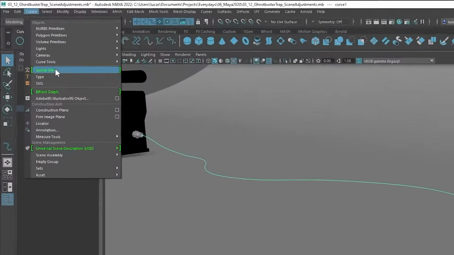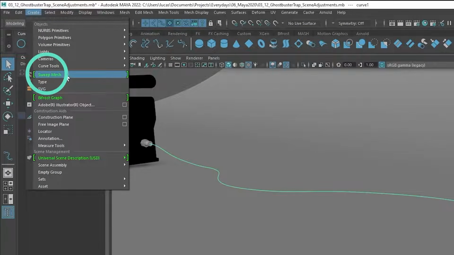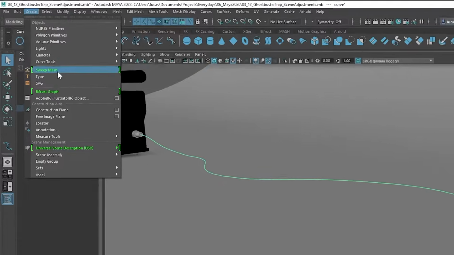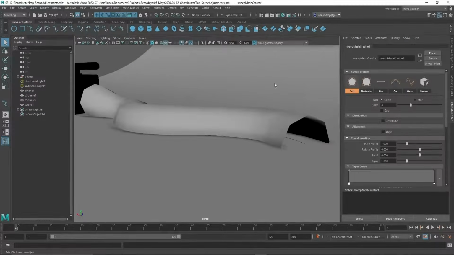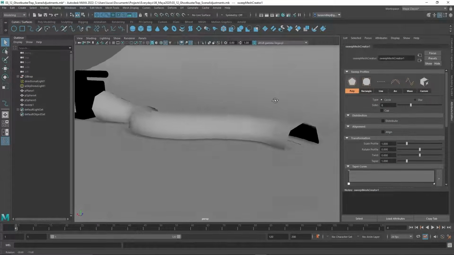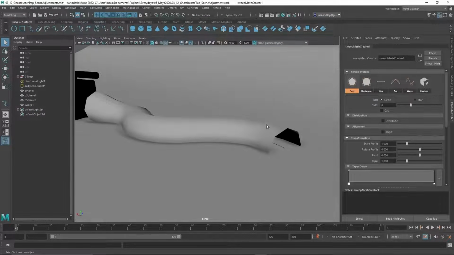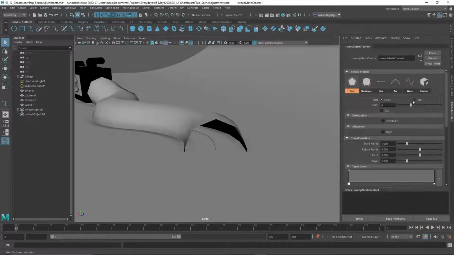So if you go to Create, you have Sweep Mesh. I'd be curious to see if they leave this operation here, because it seems a bit out of place on the Create menu. I feel like it's a mesh operation, but anyway, go to Create, Sweep Mesh, and boom, you have your chord. No fussy extruding along a curve and creating divisions. It pretty smartly creates the geometry for us.